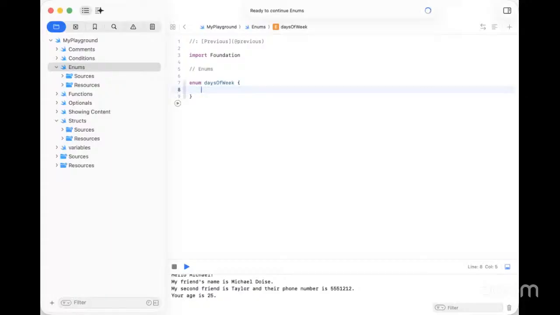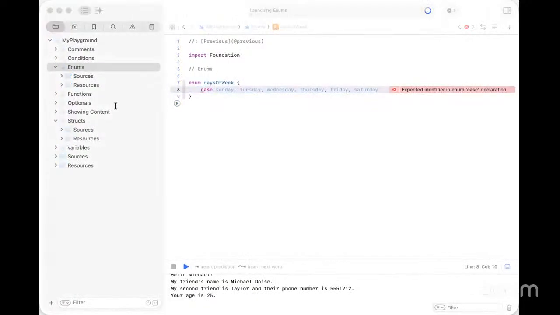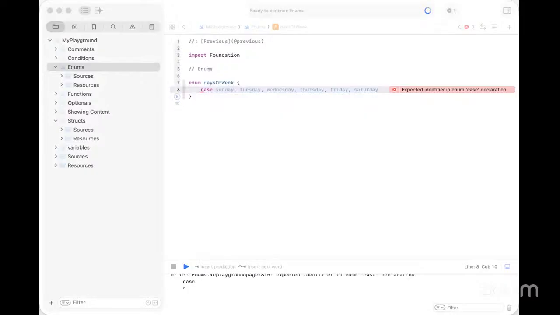And we're going to use the word case. After the word case, we put the different possibilities there. So we have case Sunday